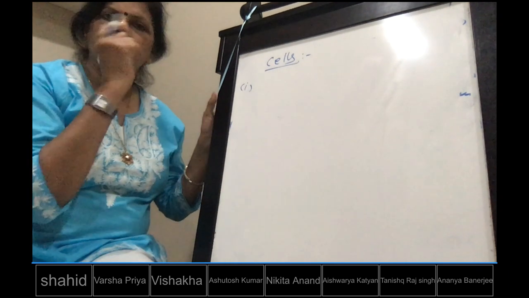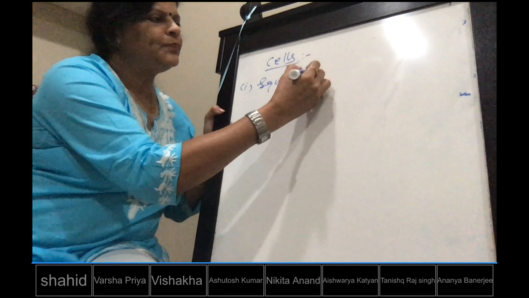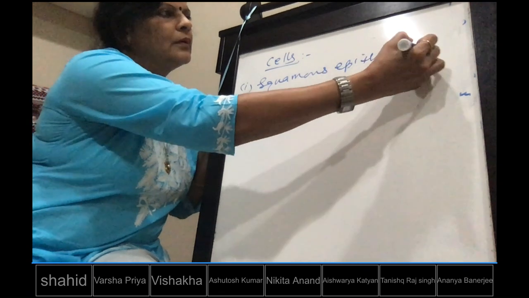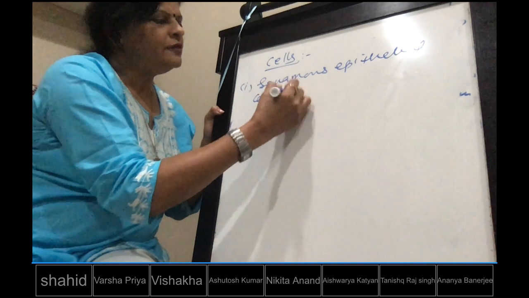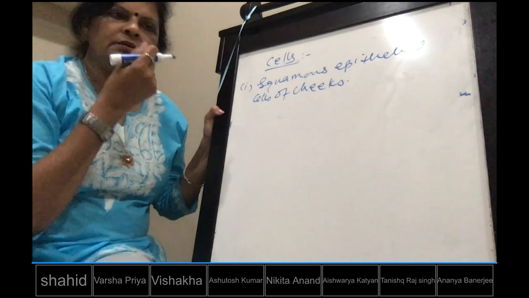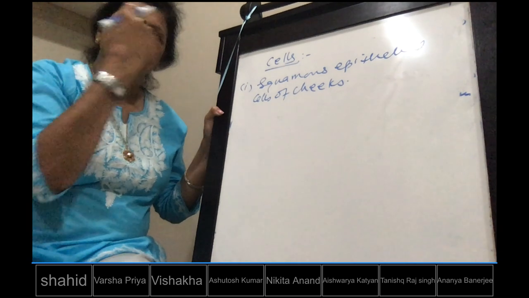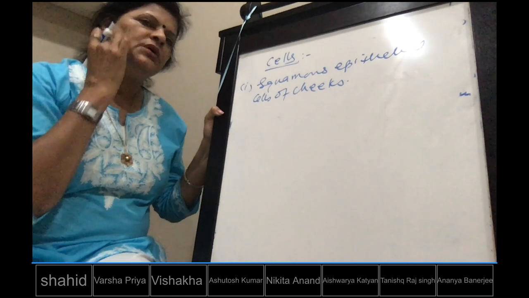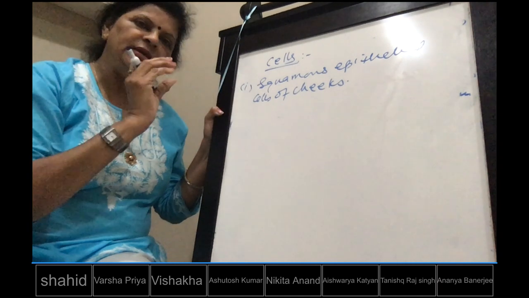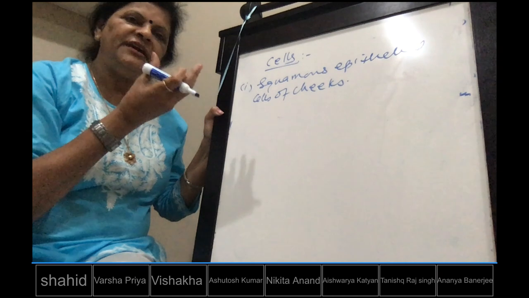In the mouth swab, what do they take? Basically, it is squamous epithelial cells of the cheeks. They'll take something like an earbud and rotate it in your mouth, and the inner lining of the cheek has these squamous epithelial cells, very big cells with a very big nucleus, so a lot of DNA in it.